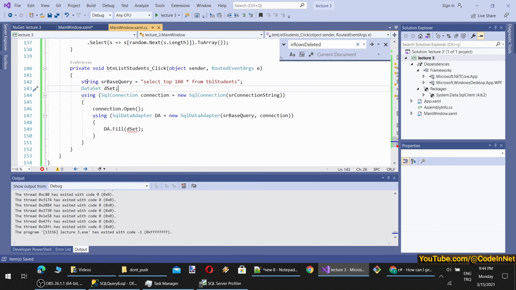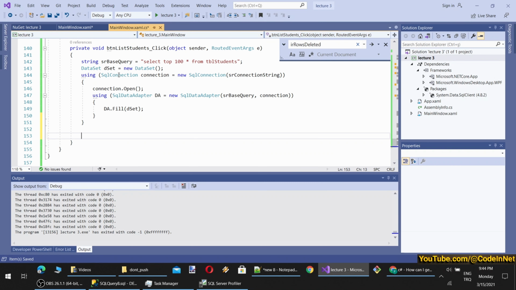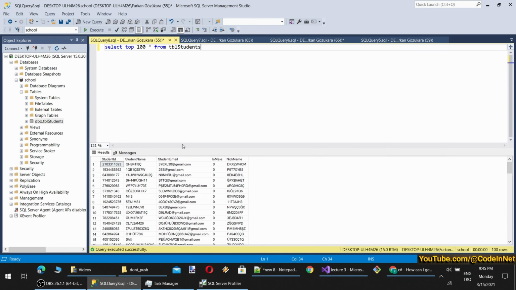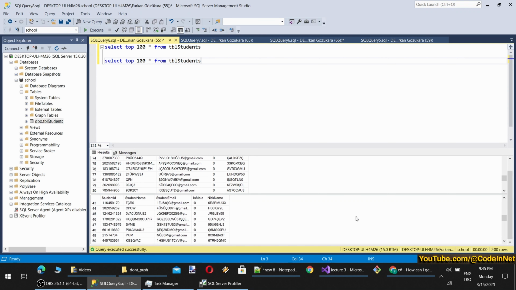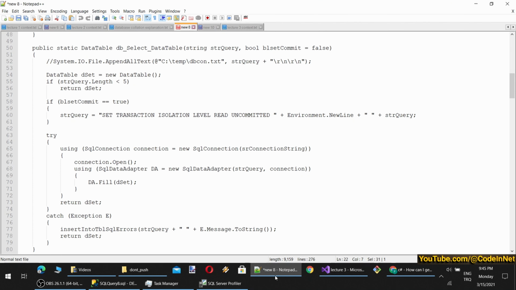However, we have to initialize it to be used, so it will be an empty dataset. And then we will return the dataset once it is filled. By the way, we don't have a return right now because we are not writing our method for database queries. So this will execute the query and fill the dataset with the returned results. Currently, there is only one table result. If you execute two queries like this, you see there will be two tables. Dataset supports multiple tables, by the way.